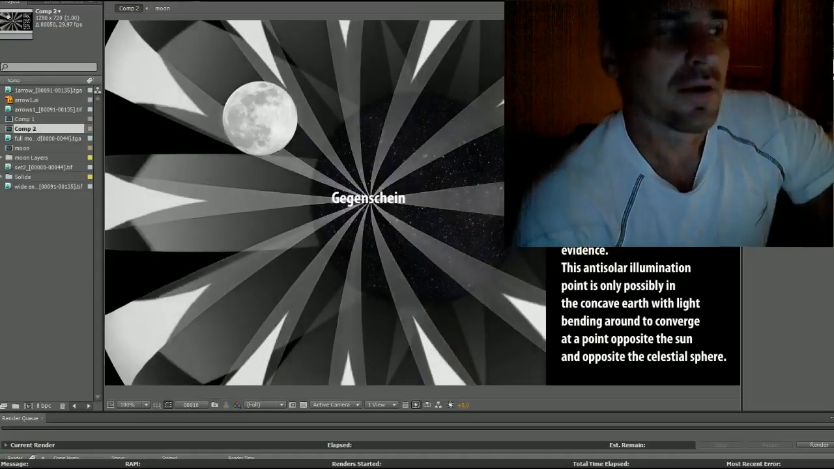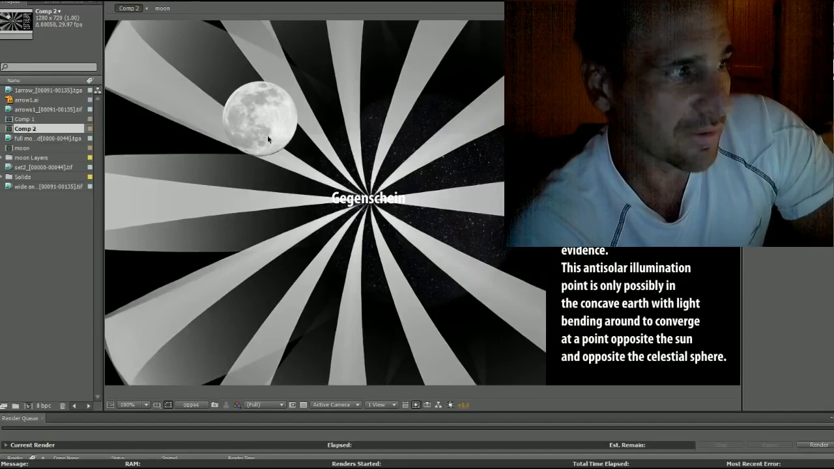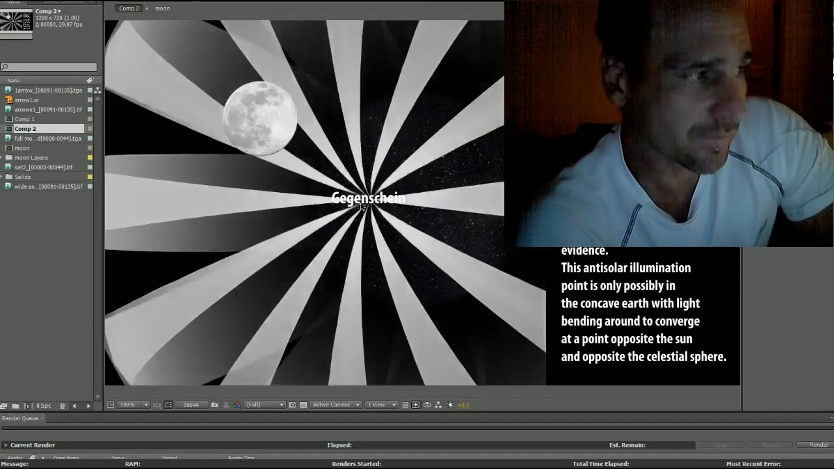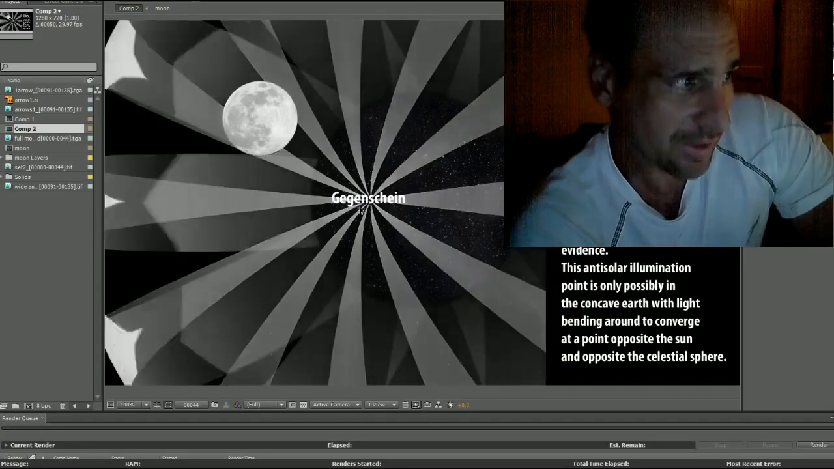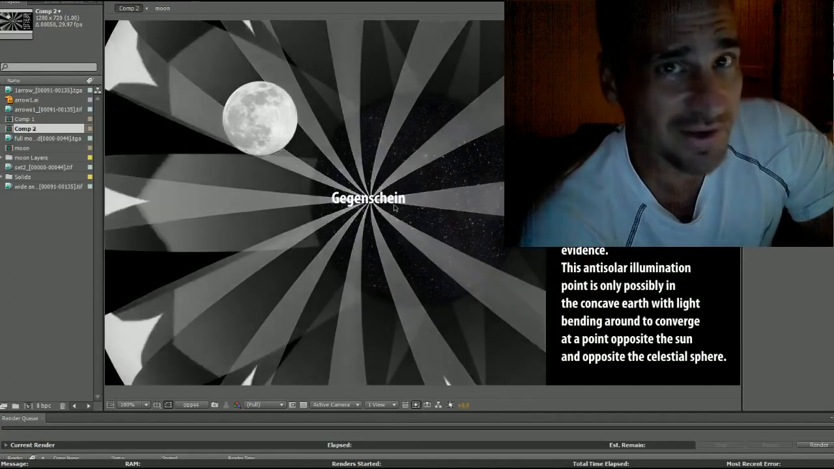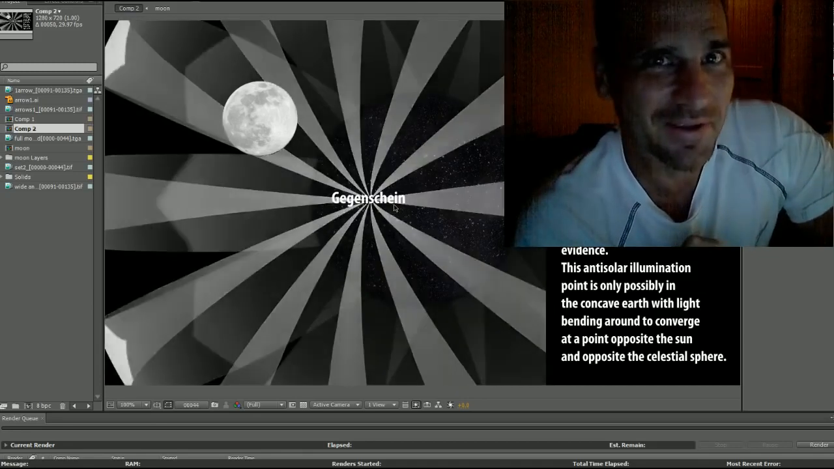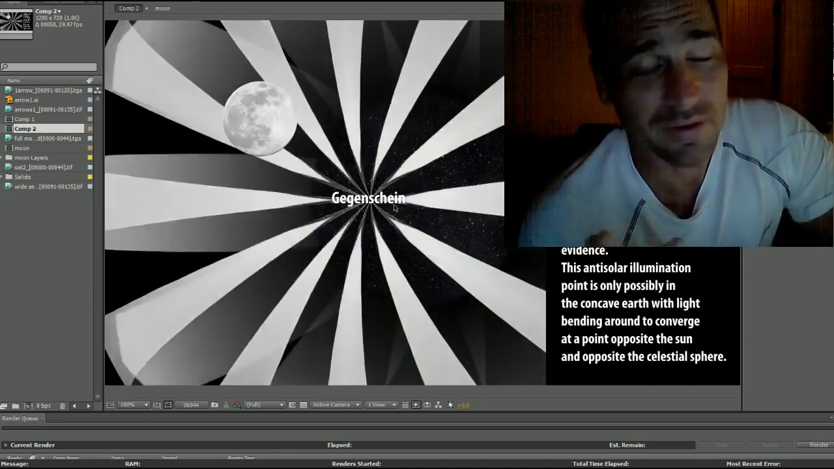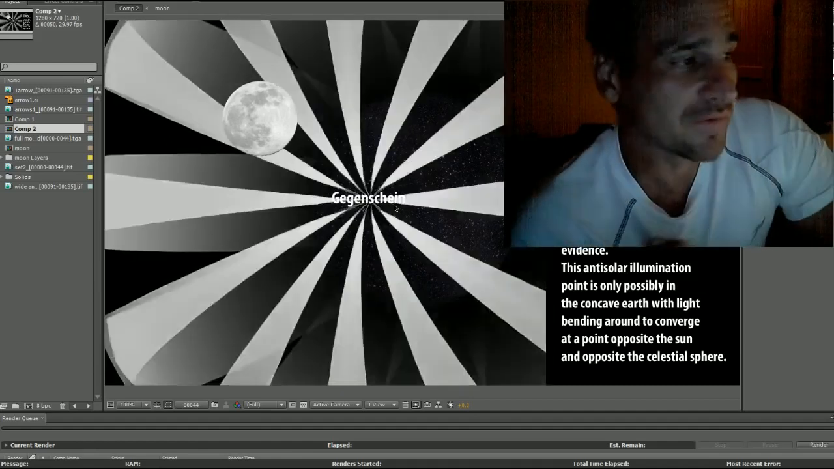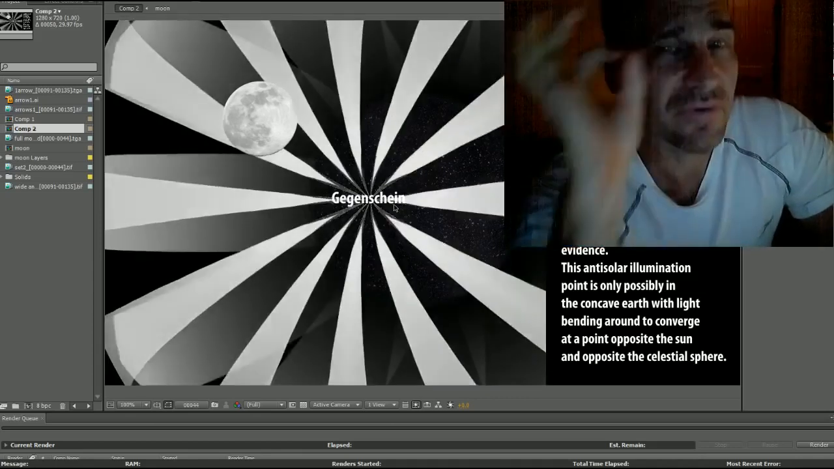But these contour lines are showing how the light is converging at this little convergence point. And I didn't even know they had a name for this. They call it the Gegenschein. Now the Gegenschein is very critical for you to understand why a lunar eclipse cannot work in a heliocentric model or a flat model either, but because the Gegenschein, it is a faint patch of light